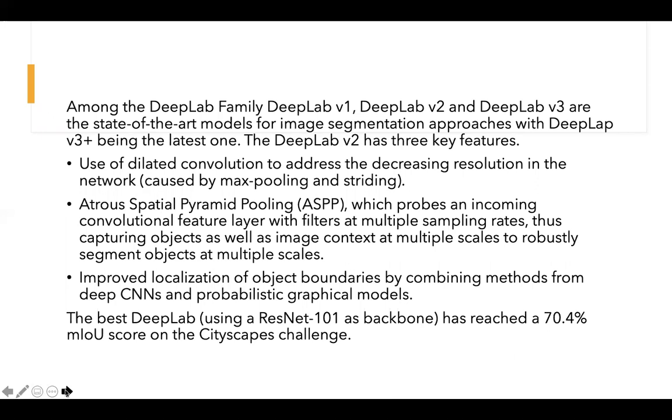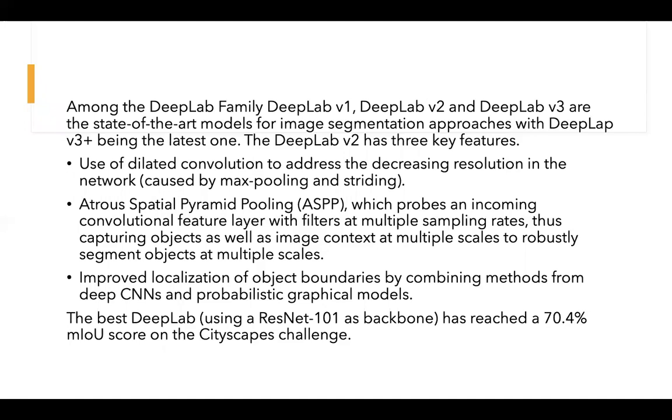DeepLab version 3 plus is the latest one, and basically with the use of dilated convolution, they have three key features. First is, as mentioned, the use of dilated convolution to address the decreasing resolution in the network, which is caused by max pooling and striding. Then